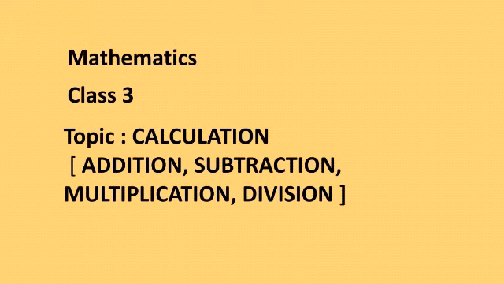So today's class is a little bit different for you. In today's class we are going to discuss some calculations. You know that in mathematics there are 4 basic operations. What are the 4 basic operations? The 4 basic operations are addition, subtraction, multiplication and division. Addition, what are we doing? In addition, we are putting the items together. In subtraction, what are we doing? In subtraction, we are taking away some items from something, and what remains, that we calculate.